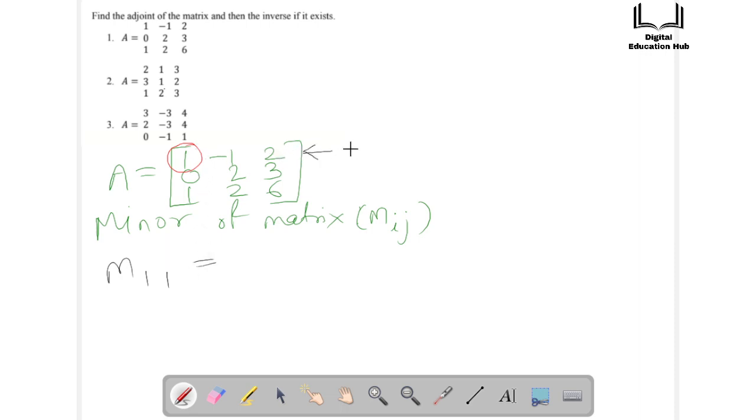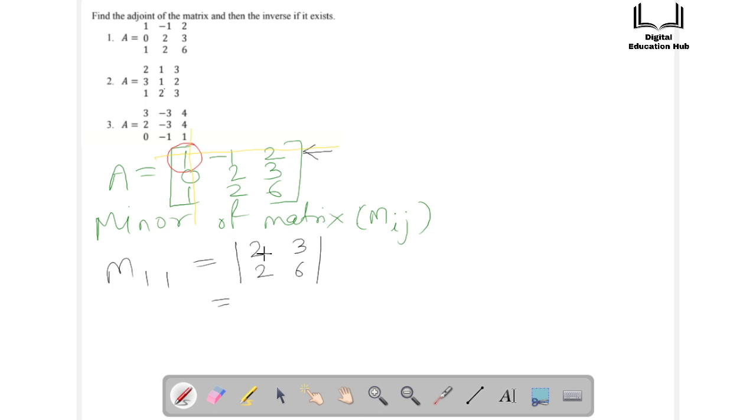Now you exclude this first row and the first column and write down the remaining elements. So that is 2 3 2 6, and that would be,